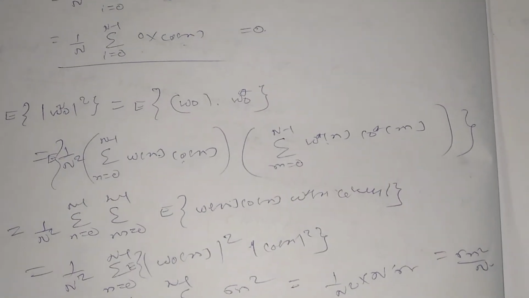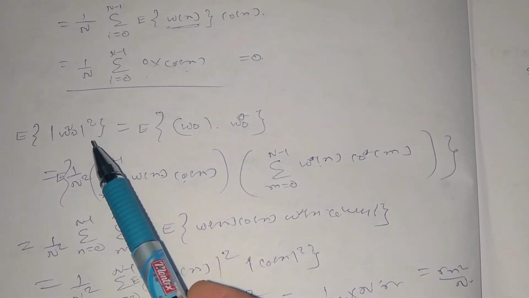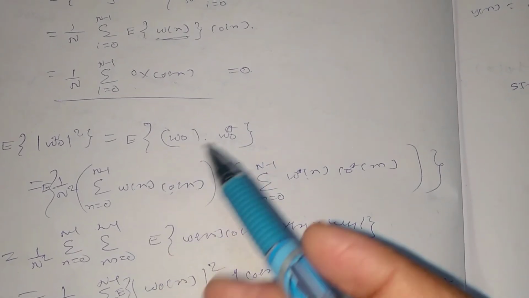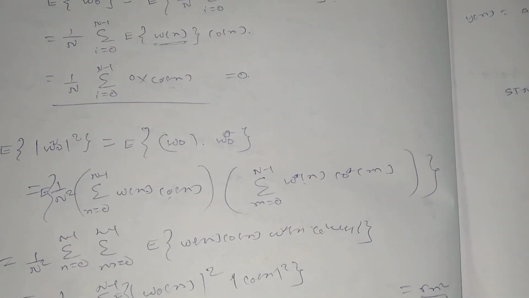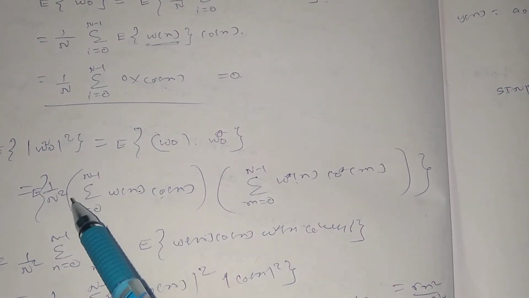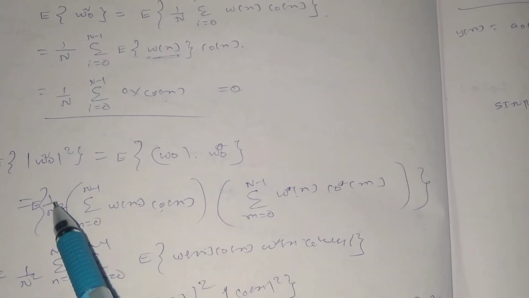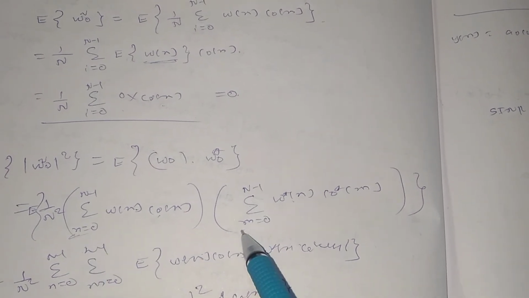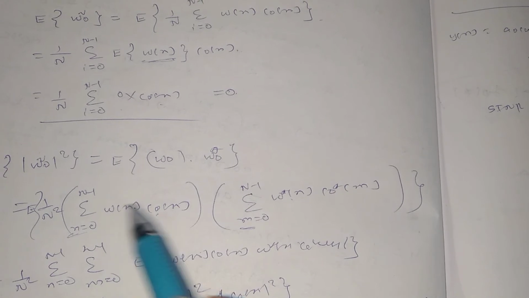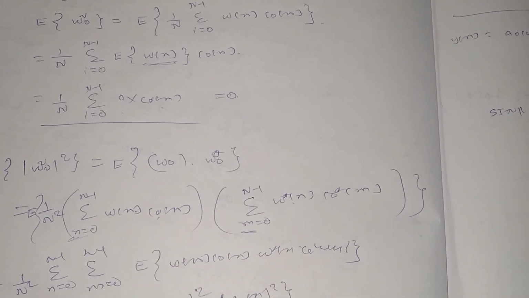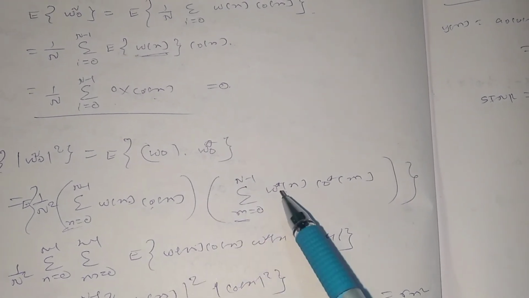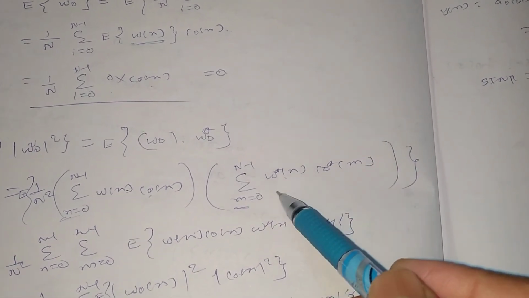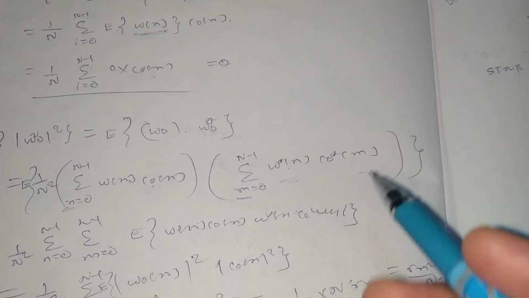Now I will try to find out the power of that one. So I will take W naught square. So I'll be multiplying W naught and W naught, the opposite of that one, then the Hermitian. So I can take 1 by n from both these, and it will become 1 by n square. So I am taking two new terms here. So to differentiate between the limits, n equal to 0 to n minus 1 and m equal to 0 to n minus 1, the same thing, W of n into C naught of n, W star of n into C naught star of n. That is composite signal, or the conjugate signal, I can say, right?